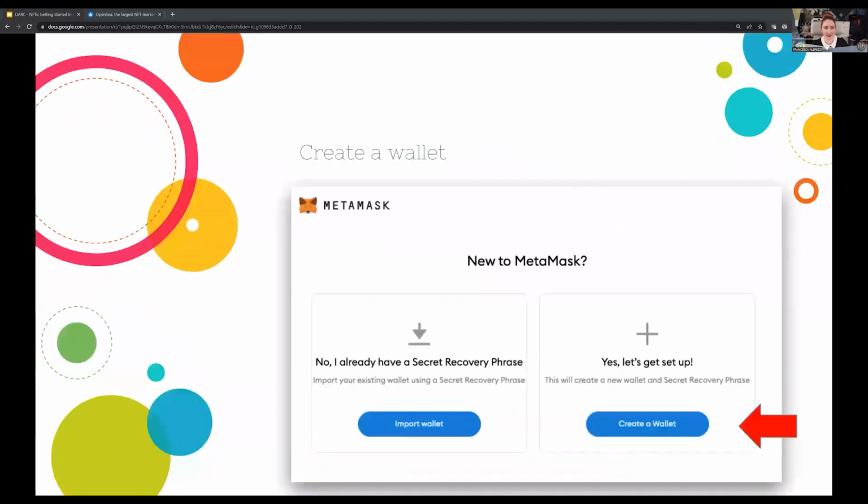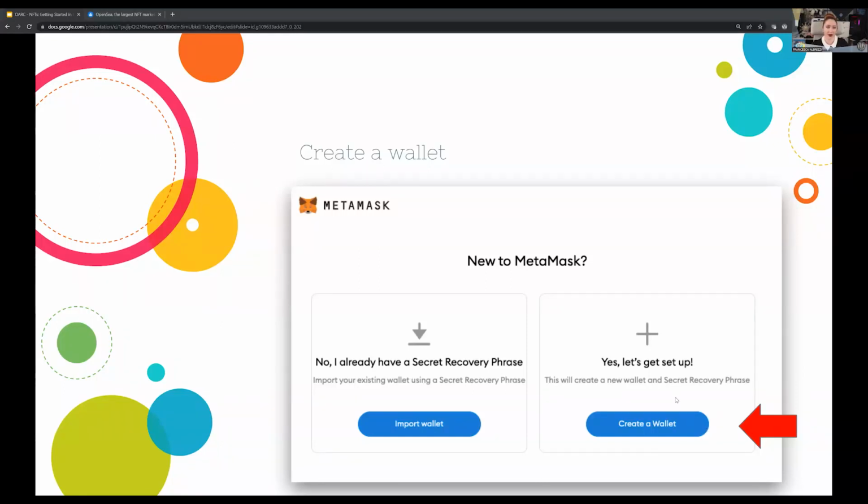Okay. So once you're there, you're going to create a new wallet. So you'll set up MetaMask, unless you already have one, I should say. Obviously, if you already have one, you can use your secret passphrase to link that up into your browser. And we'll talk a little bit about what that secret passphrase is in a minute. But for those who are just starting, you're going to create a new wallet.